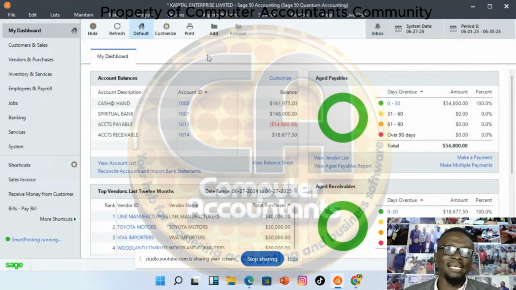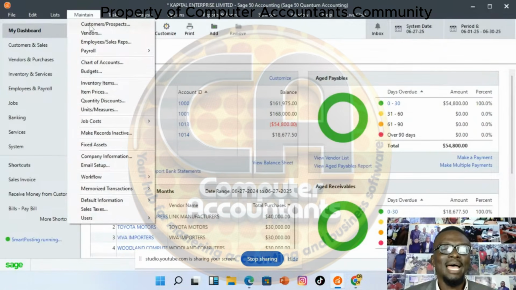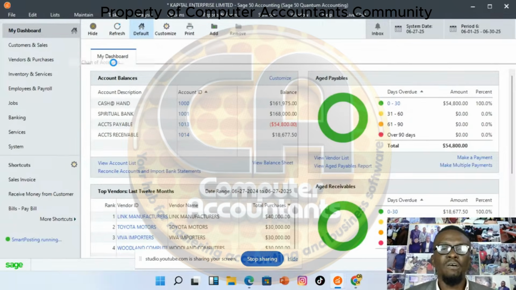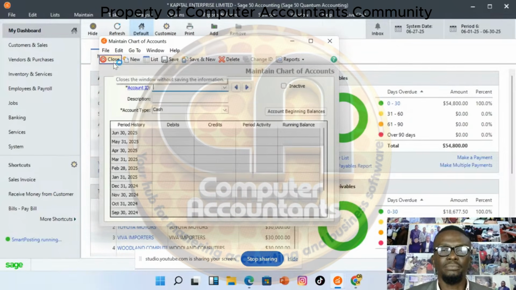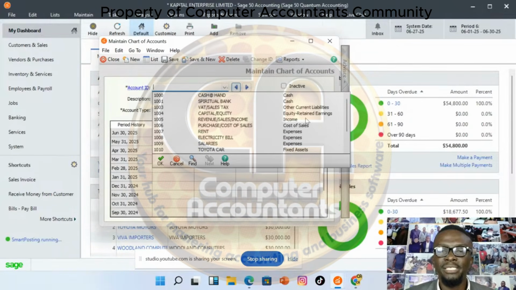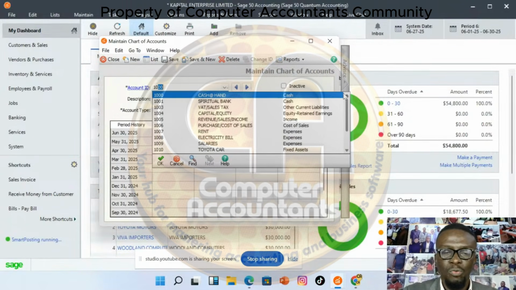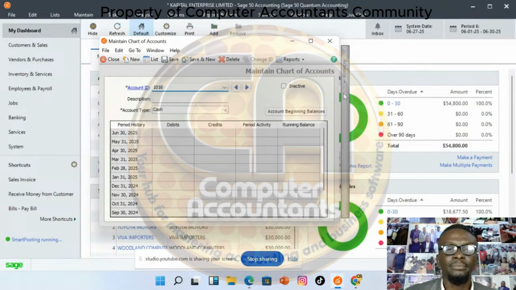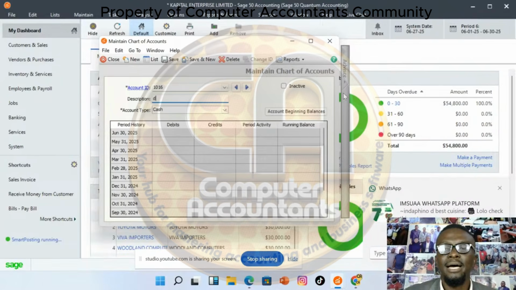vendors or suppliers. The first thing you have to do is to set them up as ledgers, since they are all accounts. So how do we do that? We started it yesterday. You go to maintain and select charts of account. We had a numbering system. Where did I stop yesterday? Number 15. So 1016, you have discount